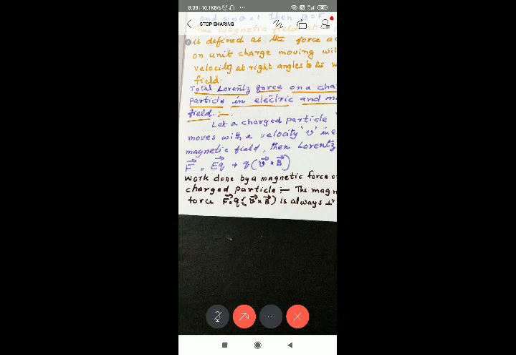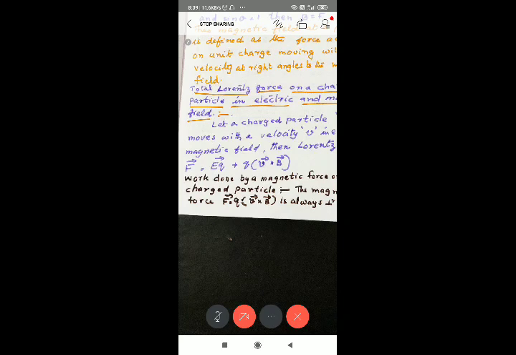When work is done, that is changed into the kinetic energy. For example, when you kick a ball, we do some work, and because of that its energy, velocity is increased, kinetic energy is increased. So here no work is done. Force is perpendicular to velocity. No work is done. So kinetic energy is not changed. Velocity is not changed. Understand? But what is changed? Direction of motion is changed. In the circular motion, each instant its direction of motion is changed. So velocity changes, it is an accelerated motion.